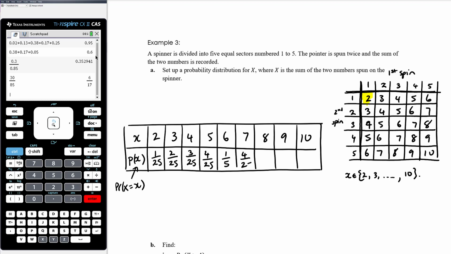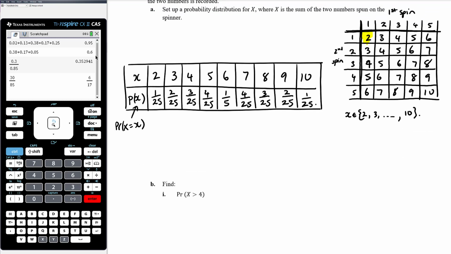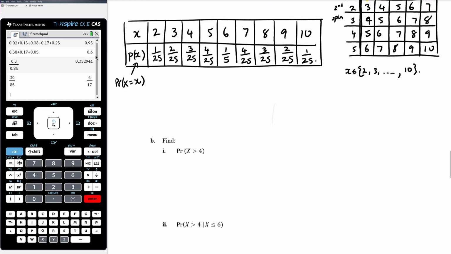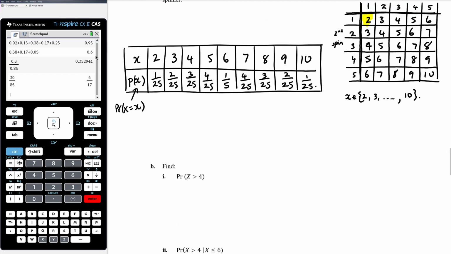7 is 4 out of 25. 8 is 3 out of 25. 9 is 2 out of 25. And 10 is 1 out of 25. Okay, so there's our probability distribution. And now that we've got the distribution set up, we want to find the probability that x is bigger than 4. And so that would be from 5 to 10, or I'm going to do 1 minus the probability that